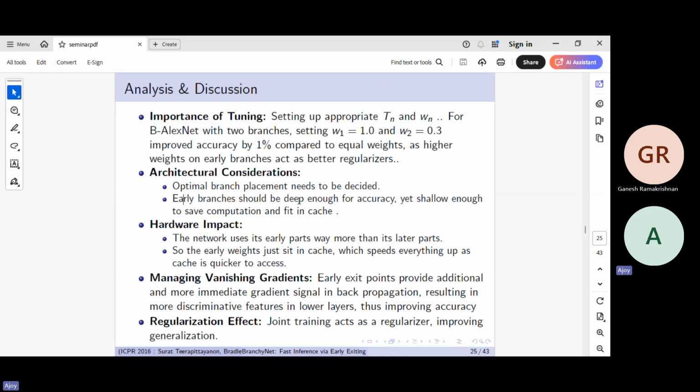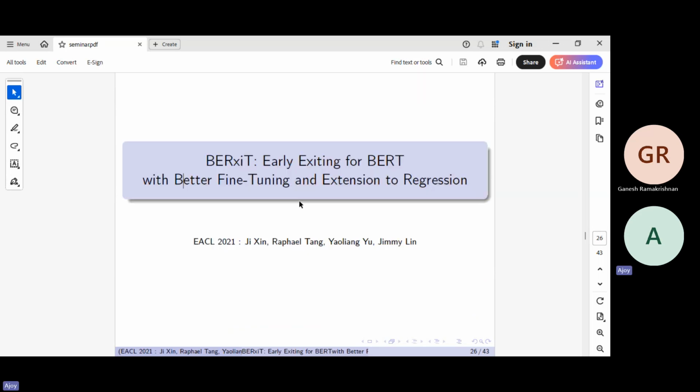Here they mentioned that the threshold and weights of each exit are hyperparameters, and that the weights are not the same. And the hardware impact is that